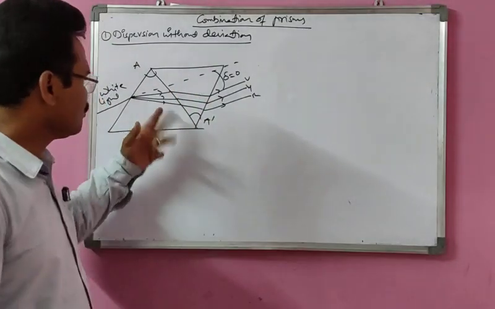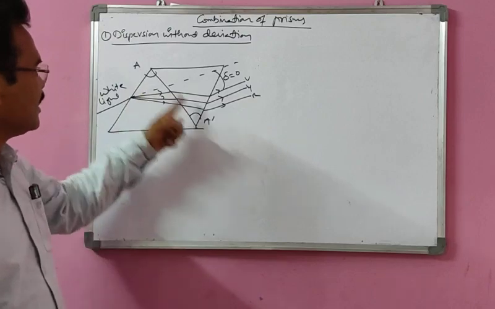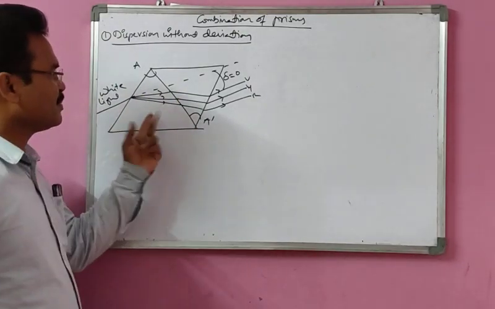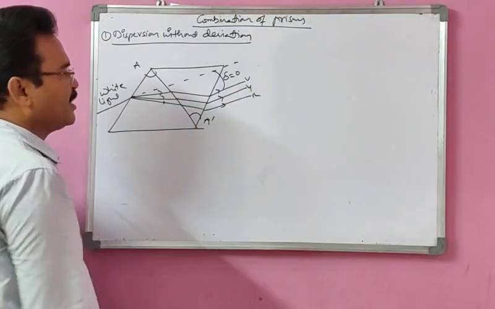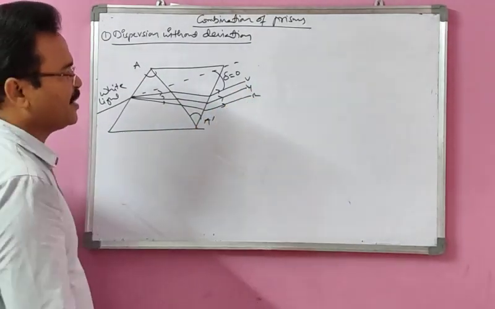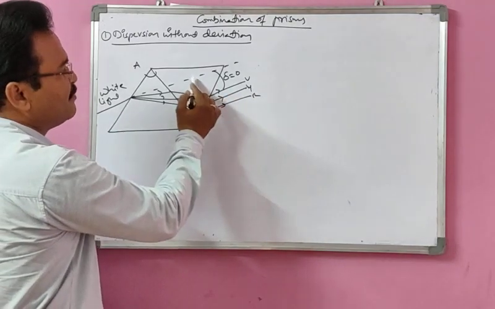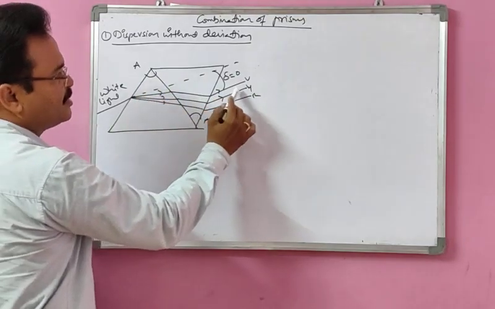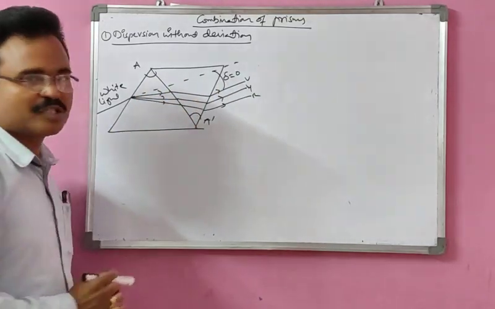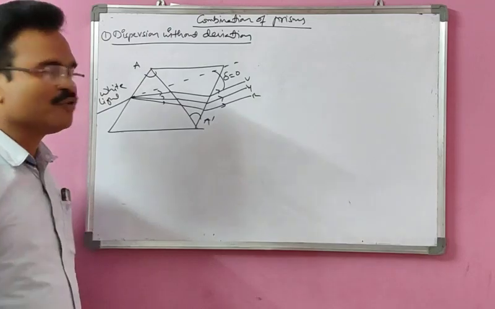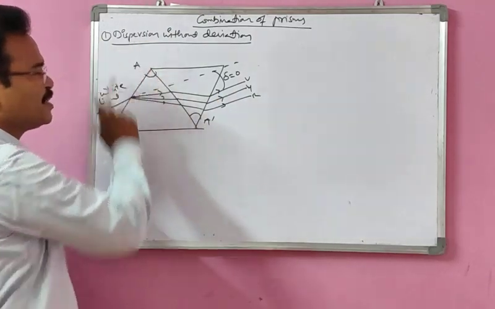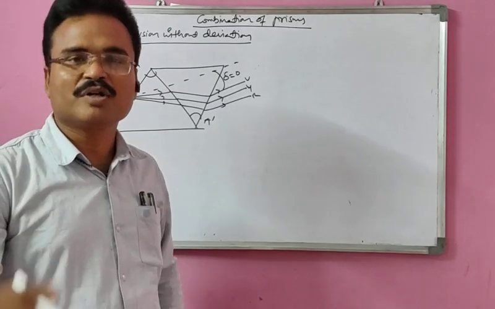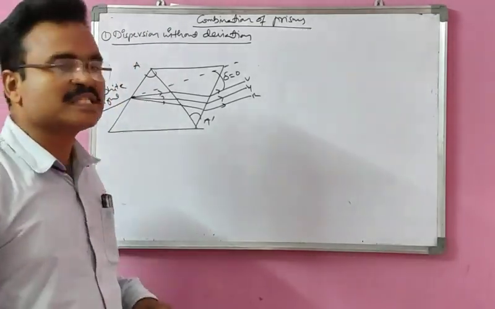For that I have taken two prisms having angles A and A dash. They are placed like this. White light is first incident on prism one, and after this you can see the seven colors coming. For the mean color yellow, the angle between the actual path of the incident light and this yellow color, delta, is equal to 0. That means the deviation is 0, but seven colors are coming, which means dispersion is there.